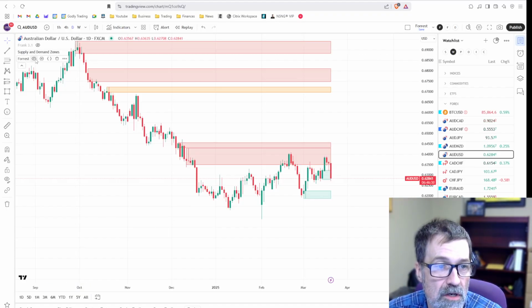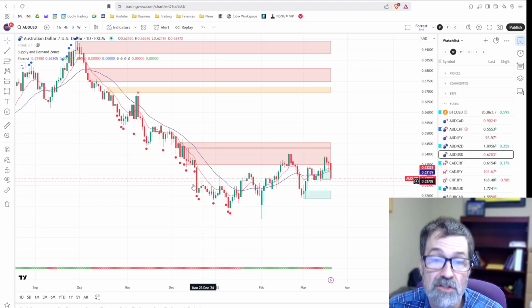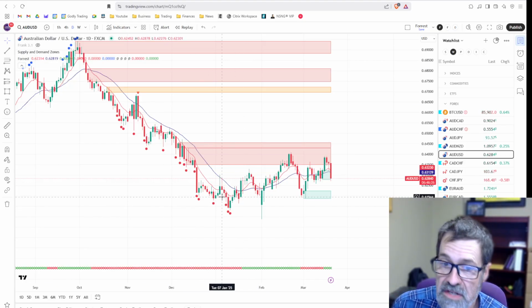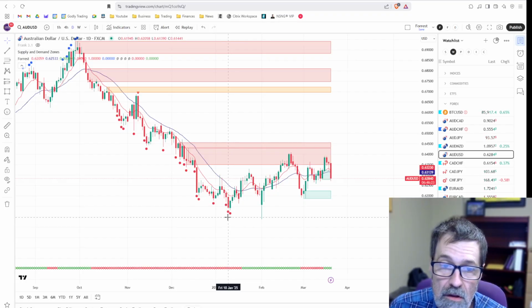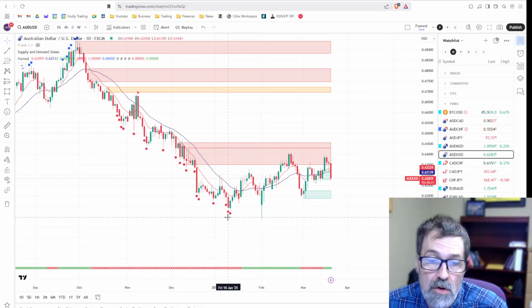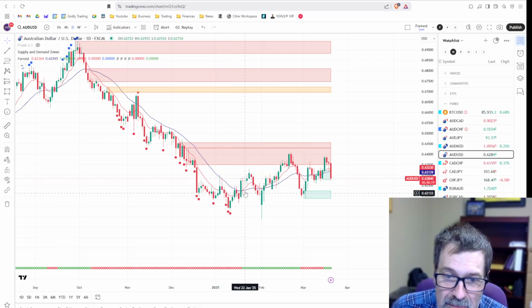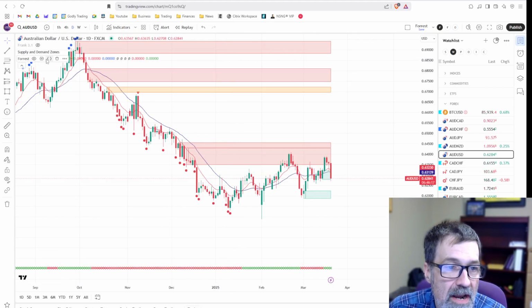I'm not even going to bother turning, well, I'll turn on Forest. Forest says look to go short. Right? The last thing we had was a new 50 period low. So Forest is saying if we're going to do anything, we're going short. But the time to go short on Forest was back here. What does Frank say?